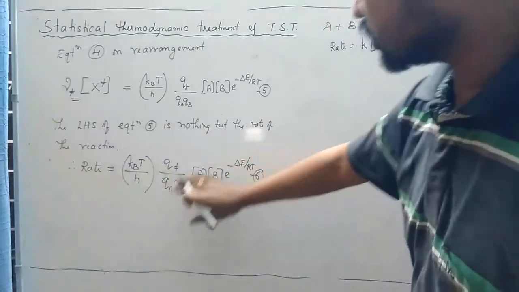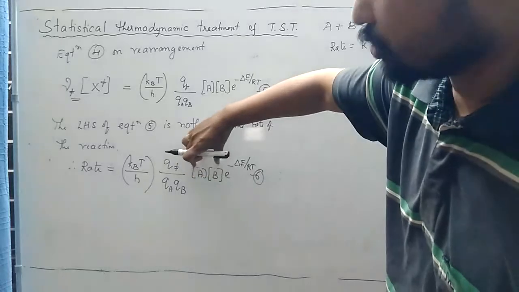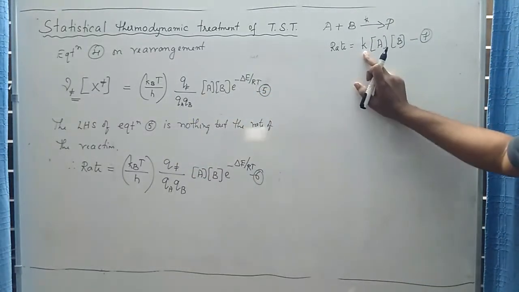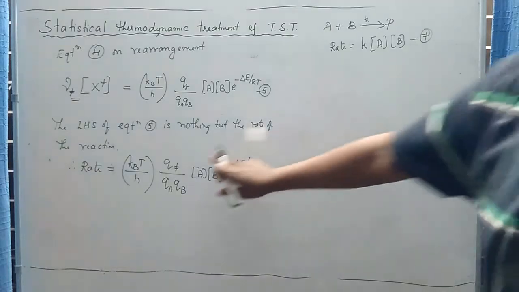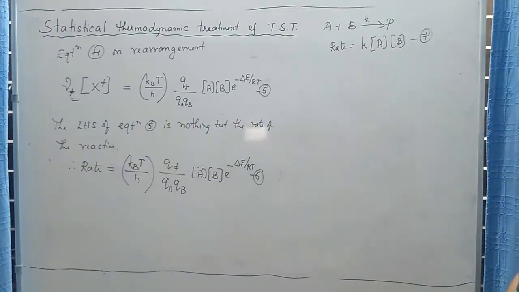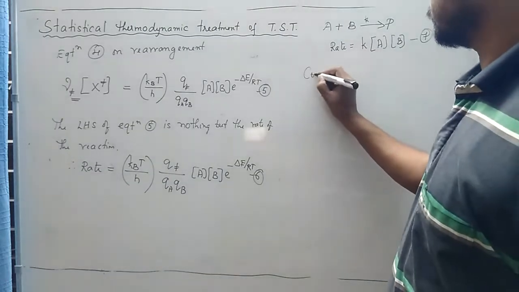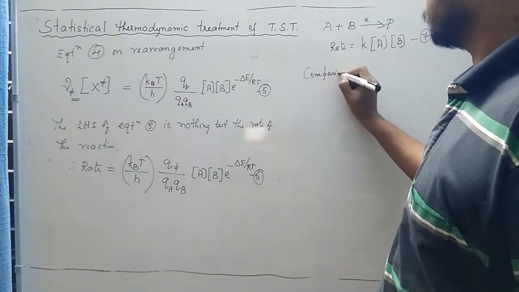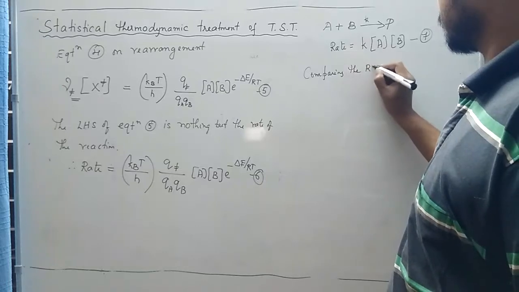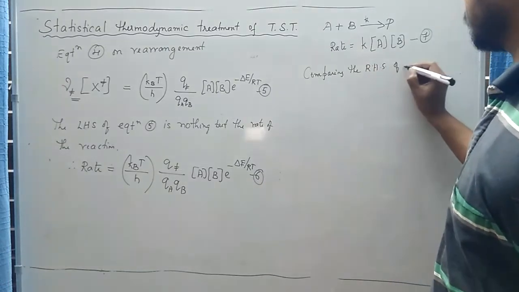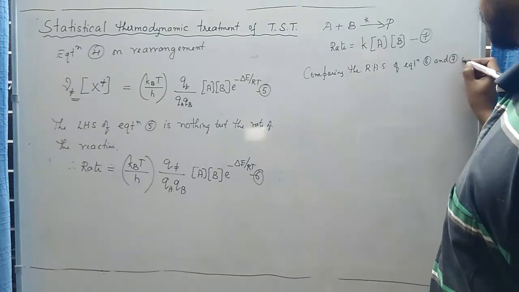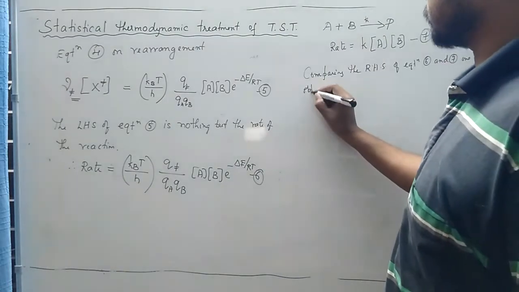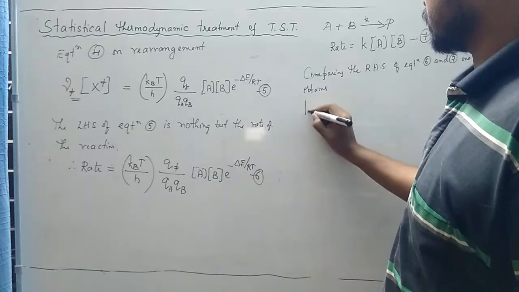So all the terms in the RHS except this A into B is nothing but the rate constant. So if equation 6 and equation 7 are compared, especially the RHS, it is possible to obtain an expression for the rate constant. Comparing the right hand sides of equation 6 and 7, one obtains an expression for K, that is K is